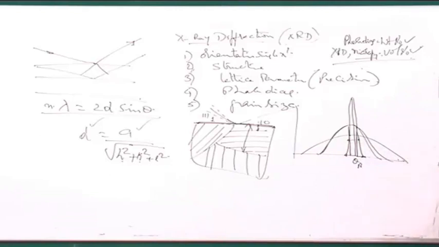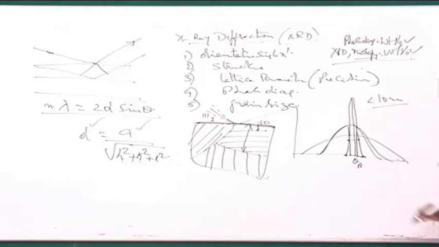In fact, people have seen that when you go to very small sizes like 1 to 2 nanometers, it is very difficult to differentiate between a crystalline diffraction pattern and an amorphous diffraction pattern. Many times, people have seen that when the grain size goes below a certain level, the crystal suddenly becomes amorphous. We ourselves have seen this in so many systems during our own research, that when you take something below 10 nanometers, generally this happens.